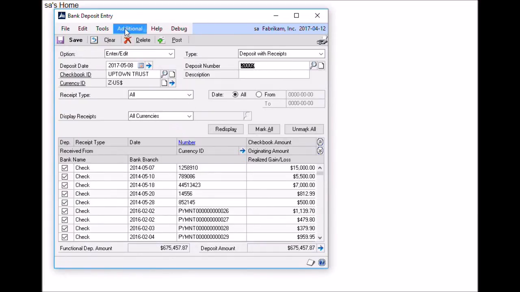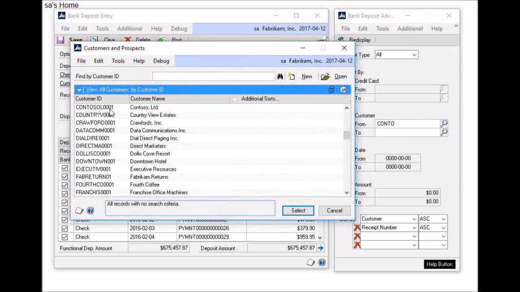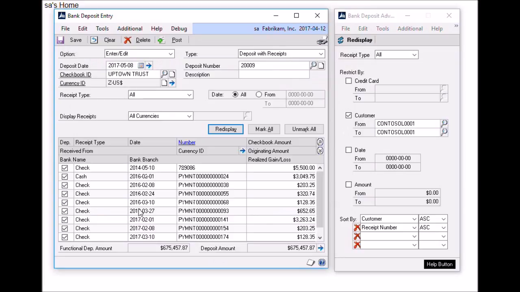Once this window is loaded, we can go to Additional, Advanced Filters to bring up the Advanced Filters window. This window will allow us to further restrict the records in the scrolling window. So if I only wanted to display checks from Contoso Limited, I can do so by choosing that customer ID and clicking Redisplay, and the window will